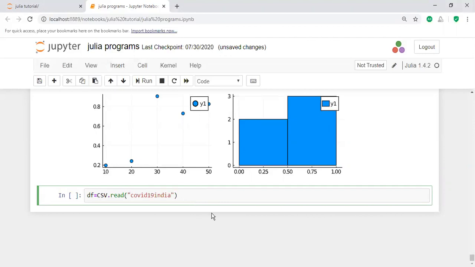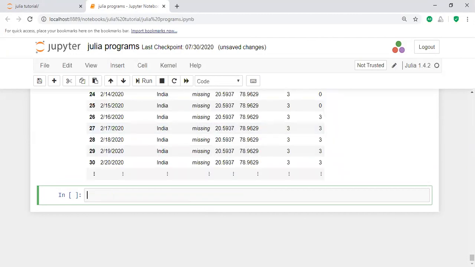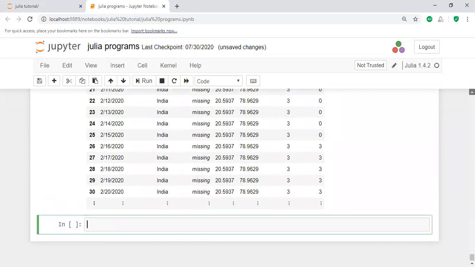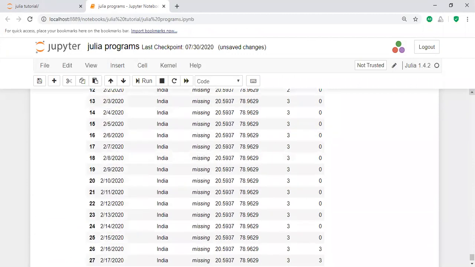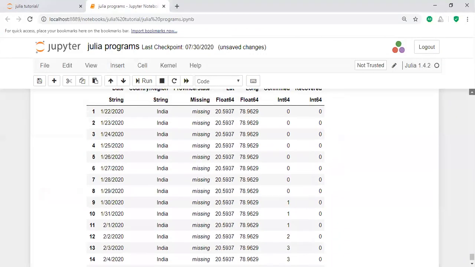I am taking the COVID-19 file, COVID-19 dot CSV, for COVID-19 India. If you take this one, so many columns and so many rows are there.